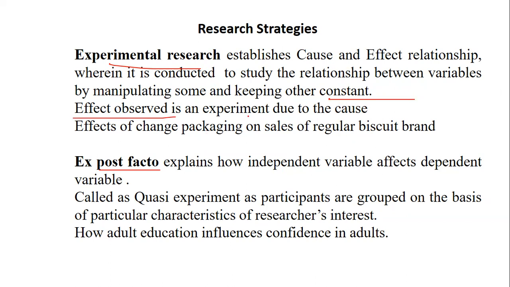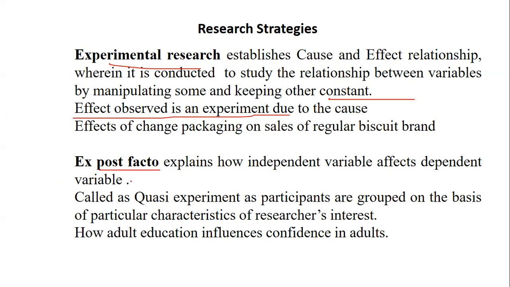So here the effect observed in the experiment is due to the cause and change, for example, change of packaging. In that research, what you will get to see is the effect of change in packaging on sales of a regular biscuit brand. So you can definitely see the impact of the change which is brought in by the